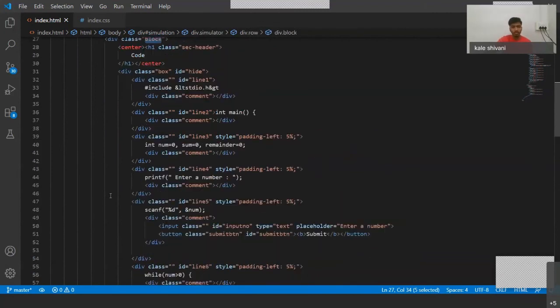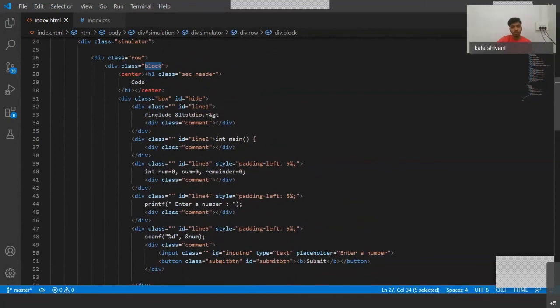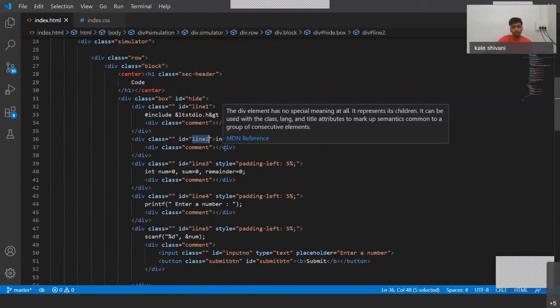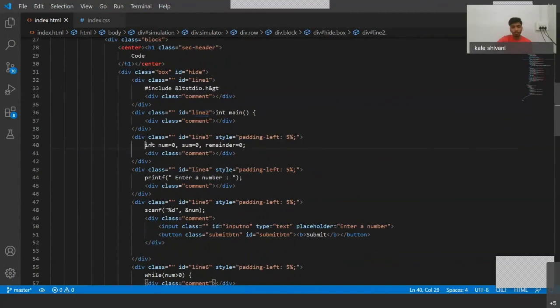Inside the code section, we follow a similar pattern. We create a div element and give it some ID. It starts with line 1, line 2, and goes on in a similar way. We give some text for a particular line of code, and the comment we will use tomorrow by applying JavaScript.